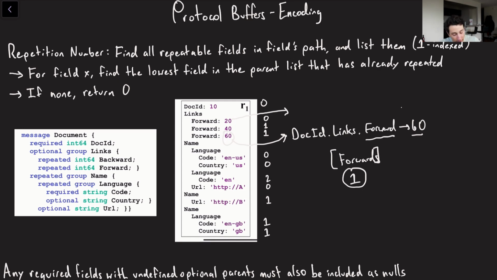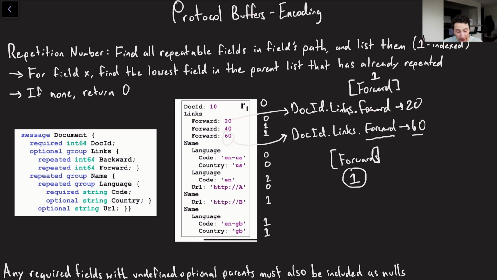In the case of forward over there, .id, .links, .forward, 20, you may note that the list of repeatable fields is the same. It's still going to be forward, indexed at 1.